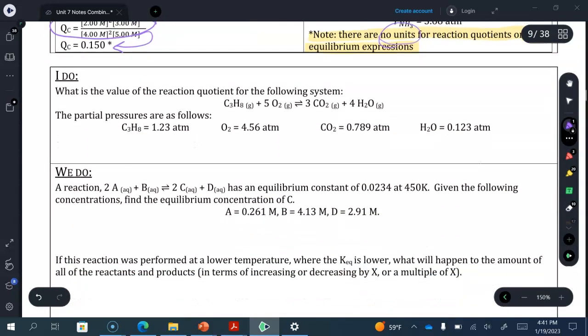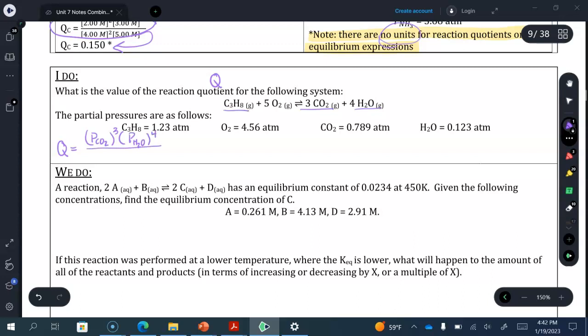So what is the value for the reaction quotient? Please remember that that is labeled as Q for the following system if we have the partial pressure values below. Okay, so it helps to first write what Q is, and since these are partial pressures, we have to use P. So it's always products over reactants. So our first product is CO2, and that is to the third power, times the other product, which is H2O, so pressure of H2O, to the fourth power,